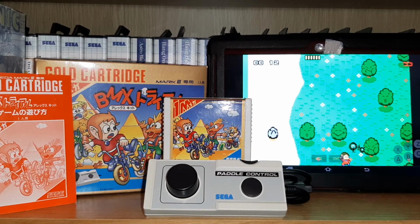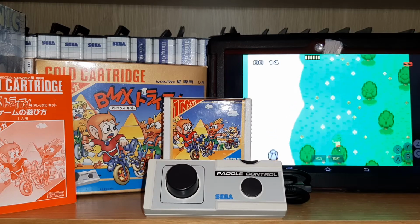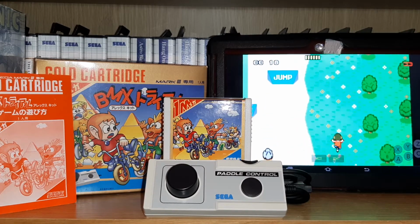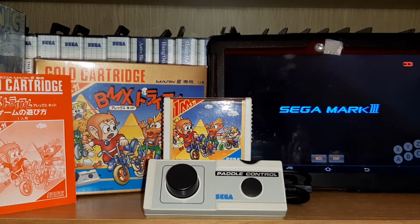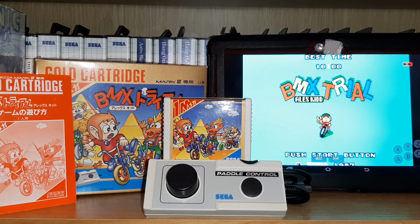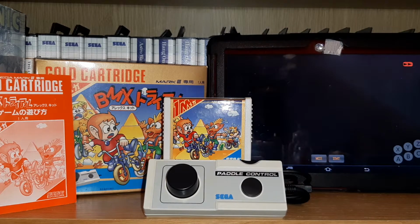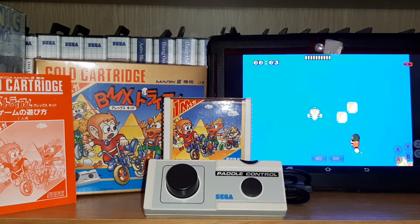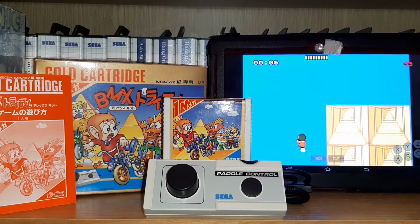Now, if you try and play this via emulation or anything like that with a standard controller, it is so hard to control. You'll go all over the place. It's just crazy. You do need the paddle controller or something equivalent to get a feel for it. As a game, it's questionable if it's really that great. I mean, it makes decent use of the highly responsive paddle, but it's not the best racing game in the world. It's not the best Alex Kidd game in the world,